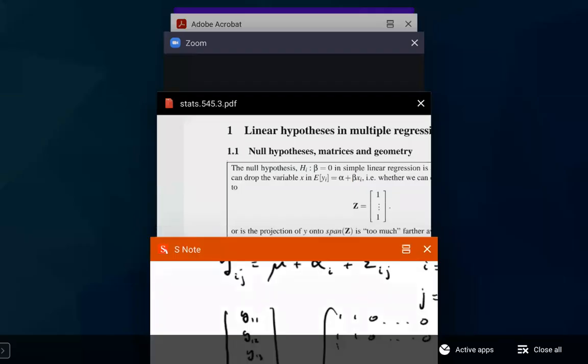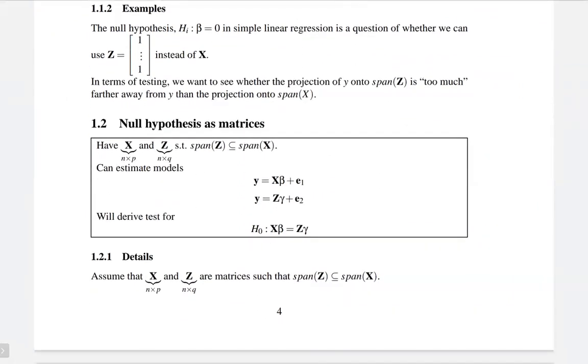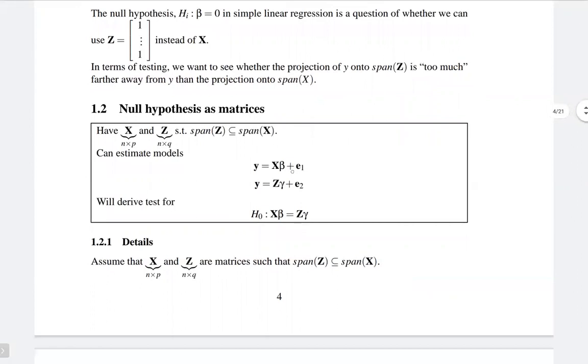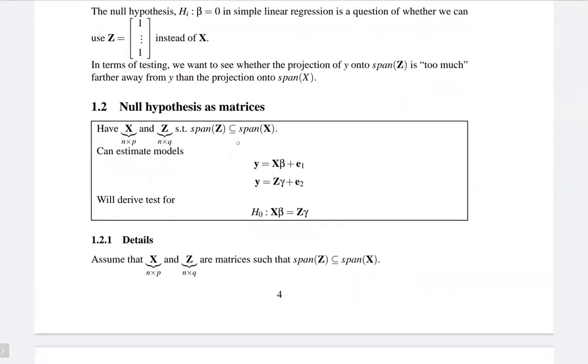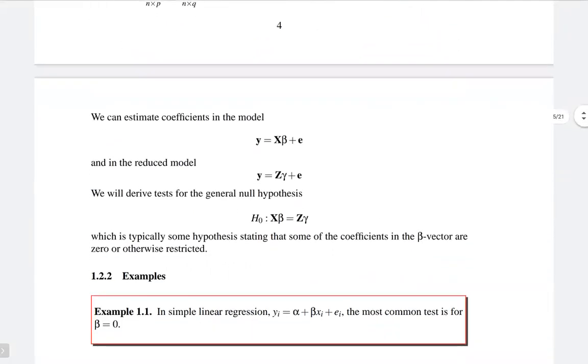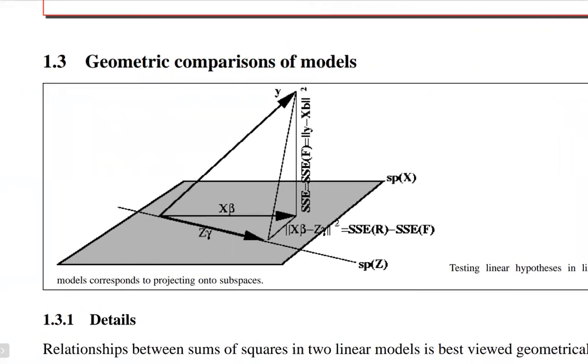So in this general version, what's actually going on is we have an X, and we want to know whether we can reduce this to a Z. And if we think of the X as spanning a space, then we're trying to reduce it to a smaller space, which is completely included in the space spanned by the columns of the X matrix. And this can be put in a picture, and this is a picture which we'll go over again in the next 5-minute talk. Basically, we have one large model which spans a space which we can call